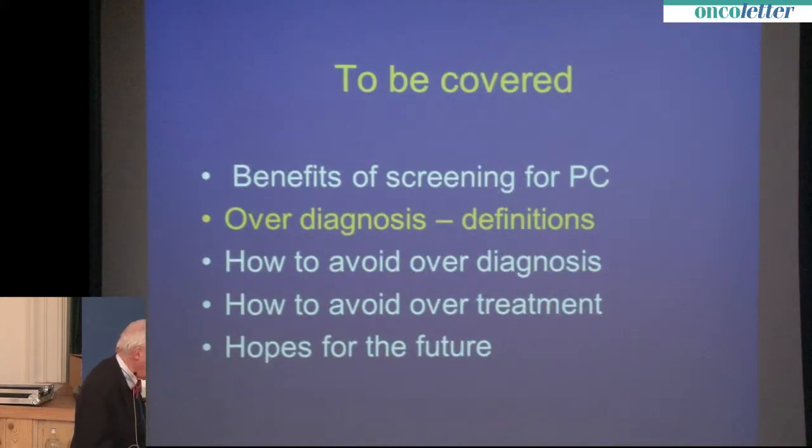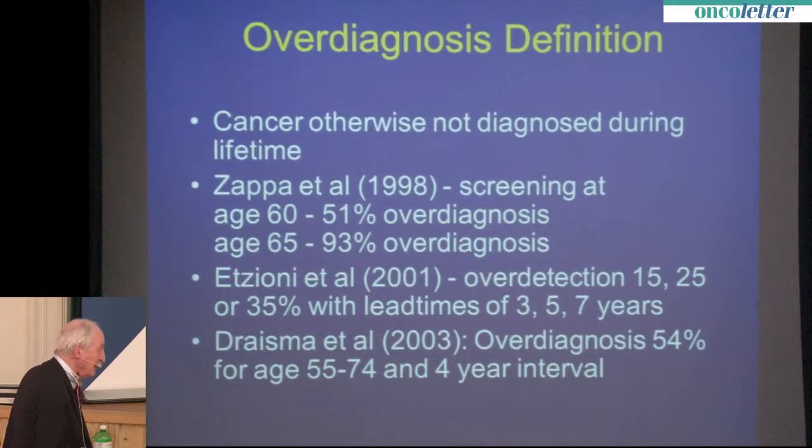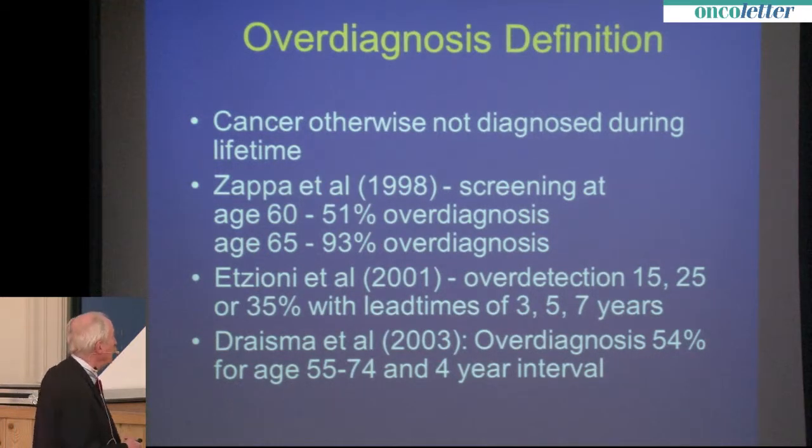So let me speak about overdiagnosis. Start out with the definitions, which I think are very important. We have to be very clear about that. Overdiagnosis is defined as the diagnosis of cancer that would otherwise not be diagnosed during lifetime and not cause prostate cancer mortality, obviously. Dr. Zappa in our group has been the first one who calculated